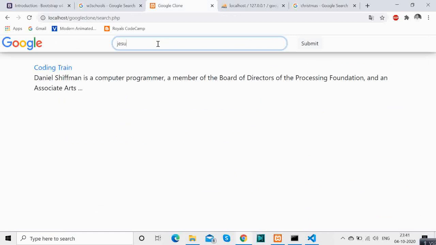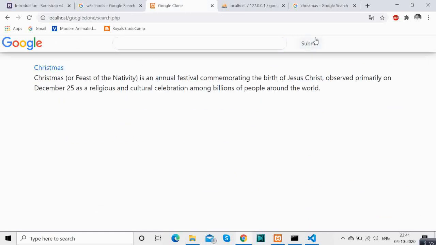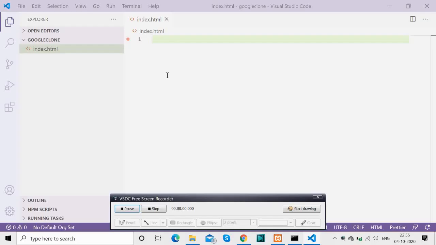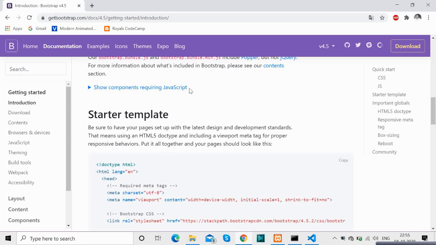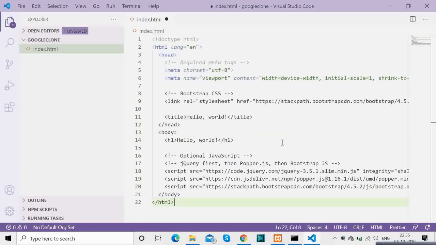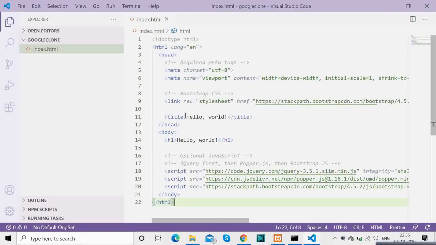So now first of all we will be getting the starter template. Okay, so that's the first step which we will be taking, just to give a template from where we can begin. Okay, so that's the reason why I'm changing the title to Google clone, and we will remove the header which is already present, and we will have the image and the form just to give a UI look and feel like Google.